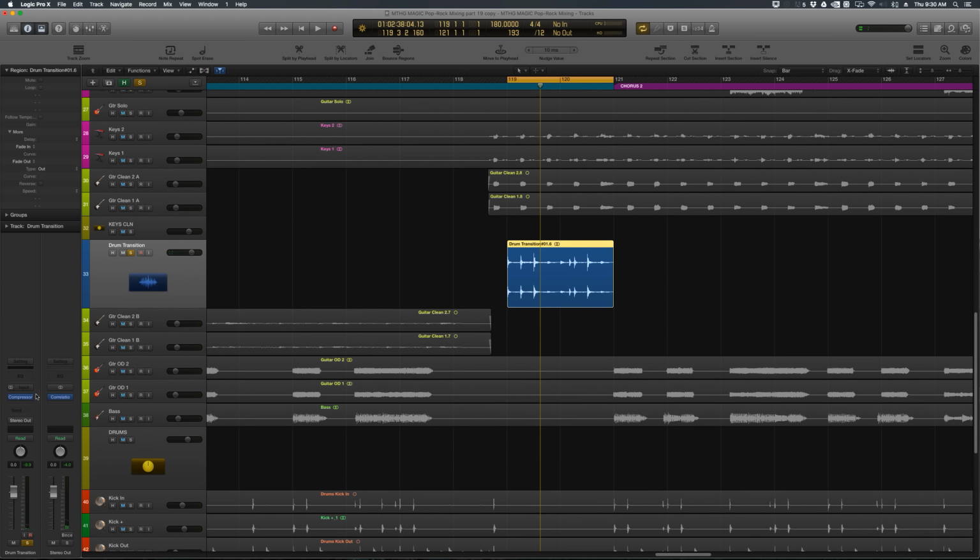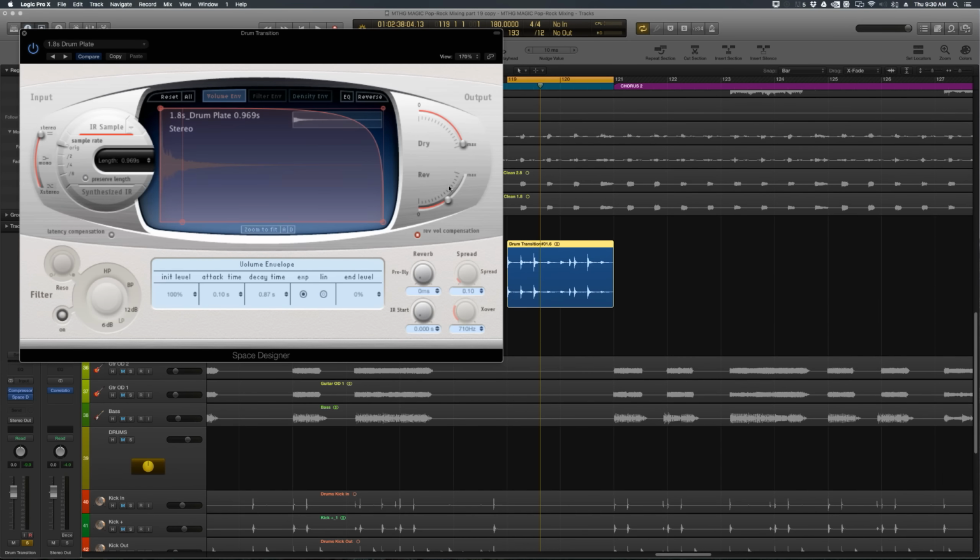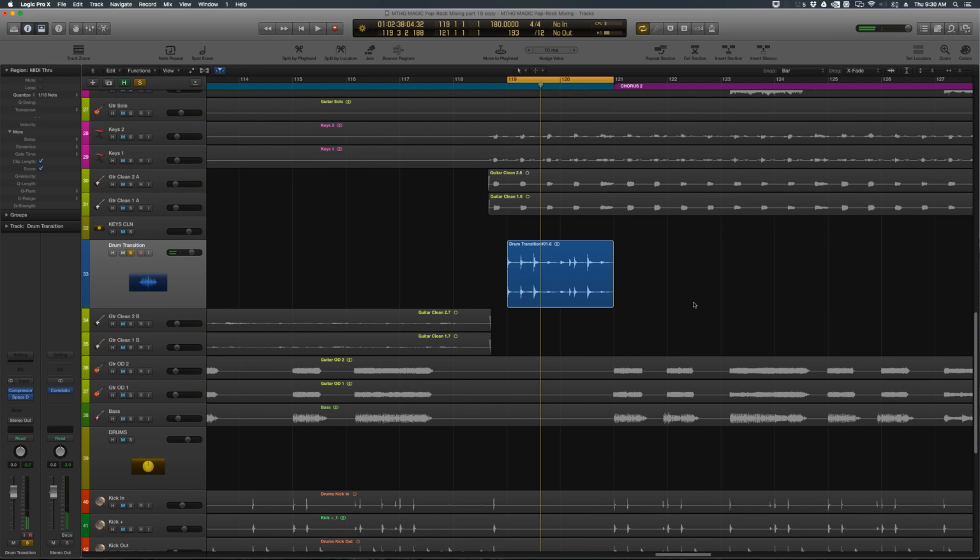And then I'm going to add some reverb to it as well. Use Space Designer. And then we're going to grab the plate. Let's try just the drum plate again. There we go. So the way I did this transition for the drums is I threw an EQ after the